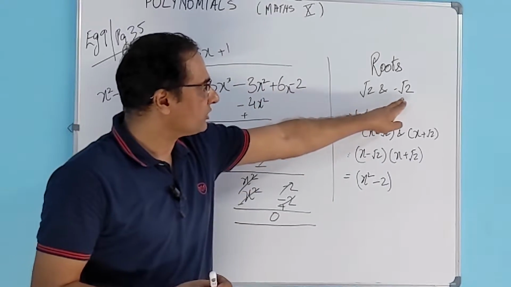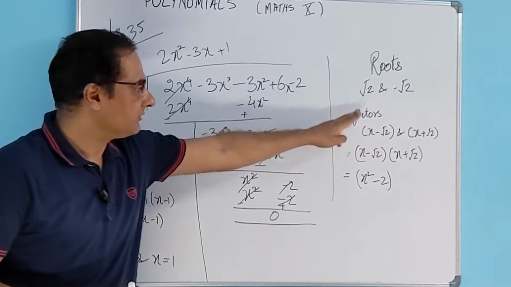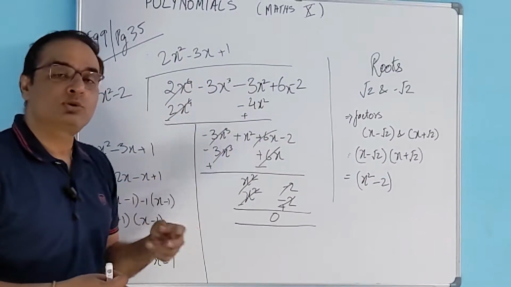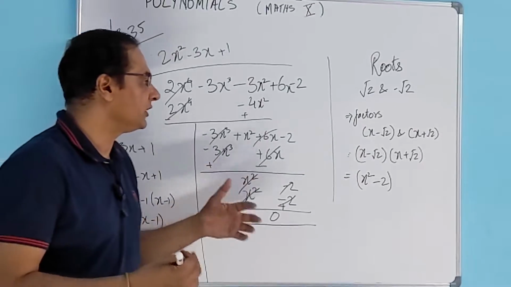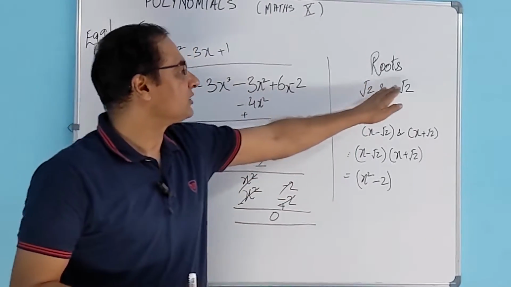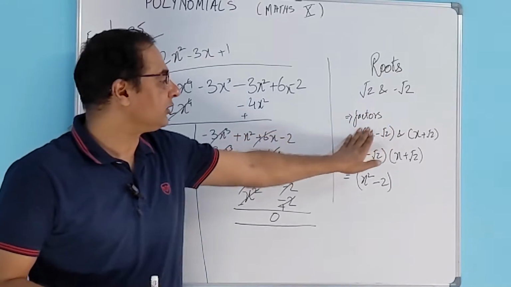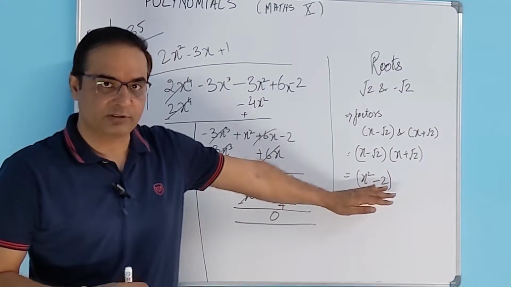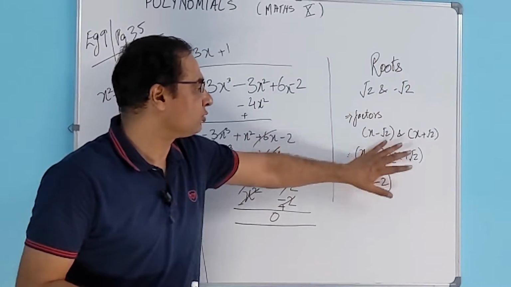2 of the roots or zeros are already given. We find out these factors. That means we need to find out 2 more zeros of this. So how do we go about it? First of all, because 2 roots are given, we are going to find out what those 2 factors are. We find out what the polynomial is out of it. So this represents 2 roots.